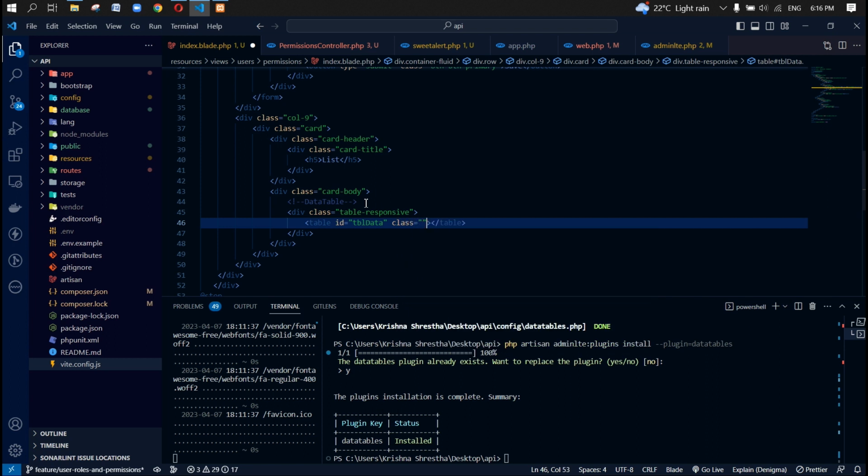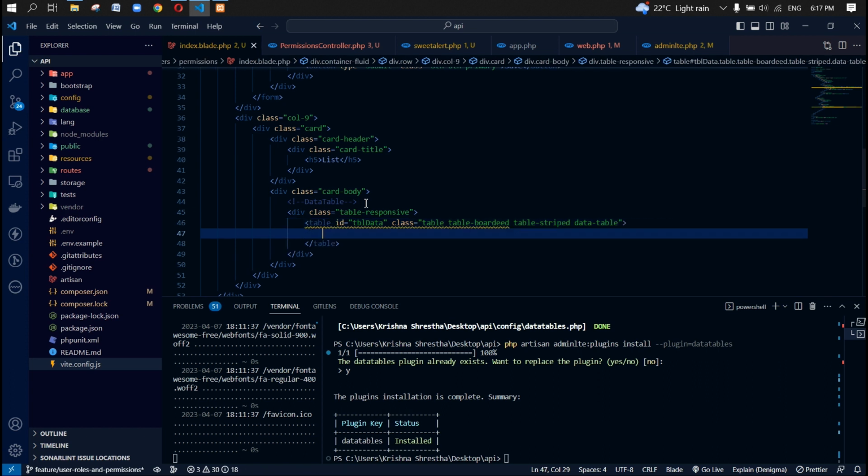Let's use the class as table bordered, table striped, and data table. For this class,